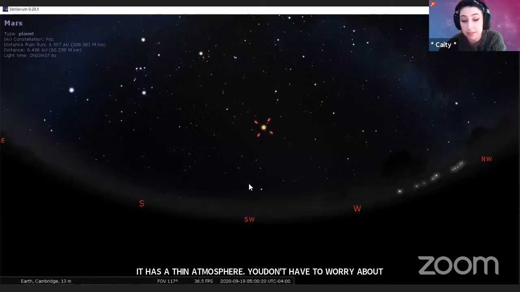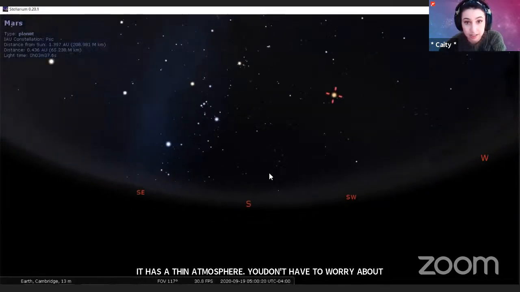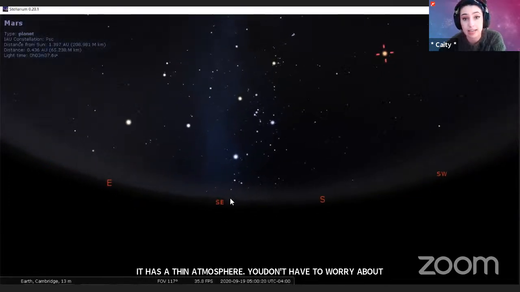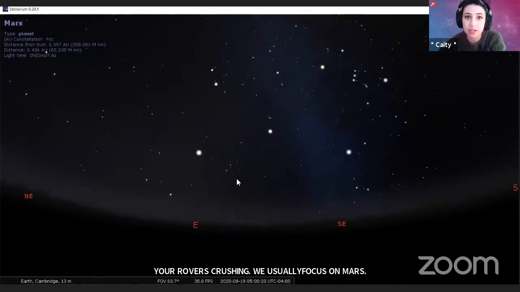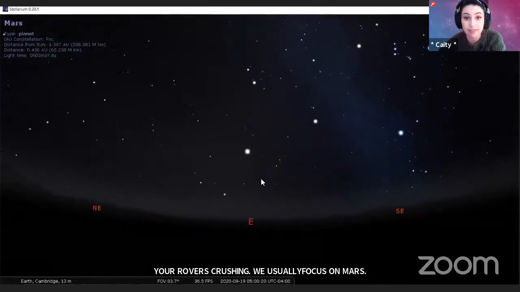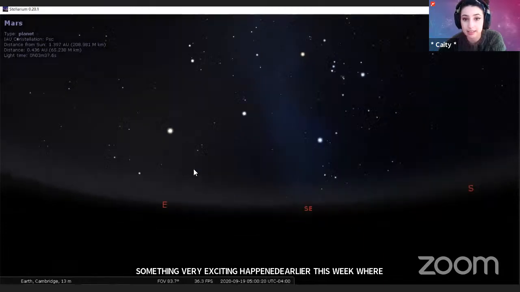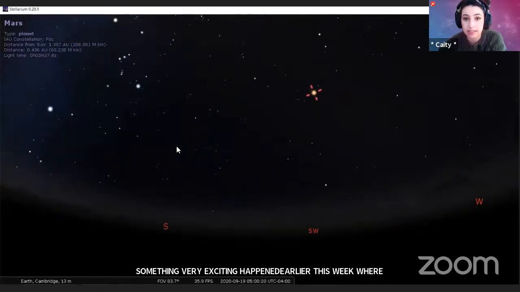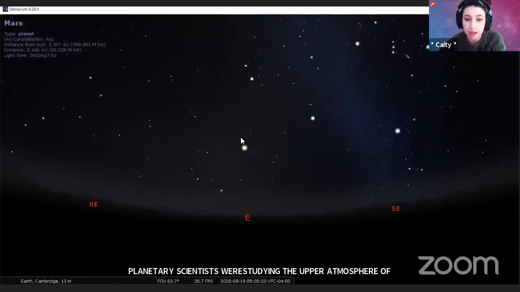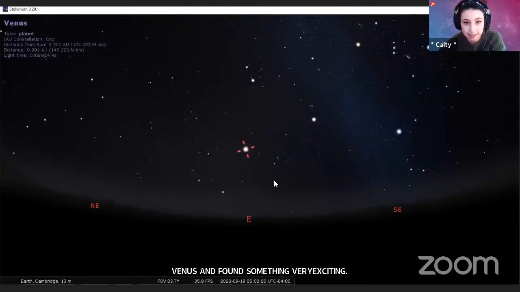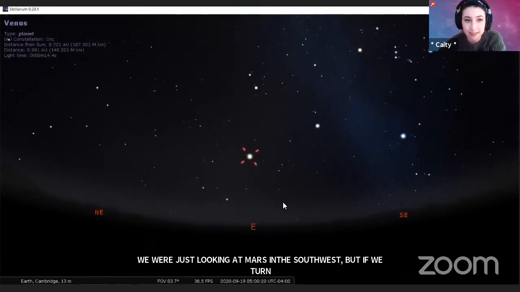But something very exciting happened earlier this week, where planetary scientists were studying the upper atmosphere of Venus and found something very exciting. We were just looking at Mars in the southwest, but if we turn our attention to the east, you can see Venus. And again, this is at 5 o'clock in the morning, so get up nice and early if you want to see it.